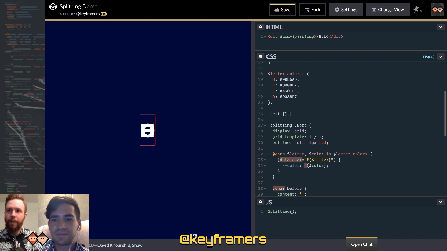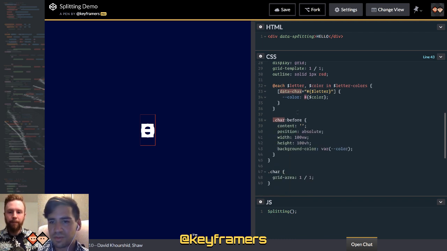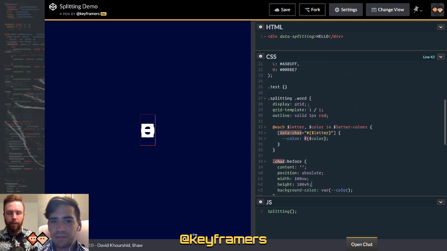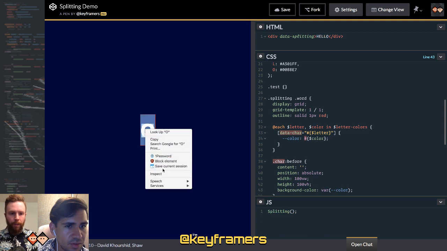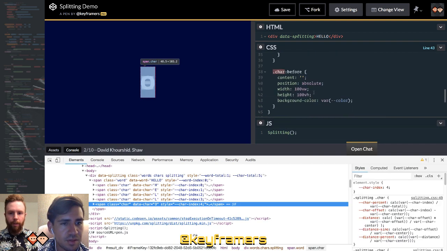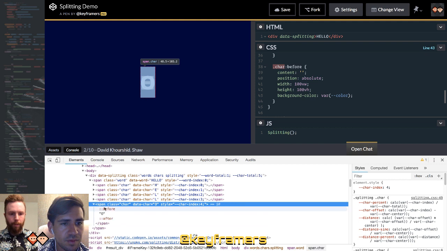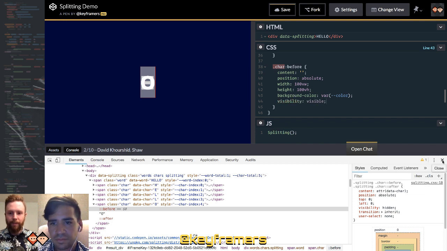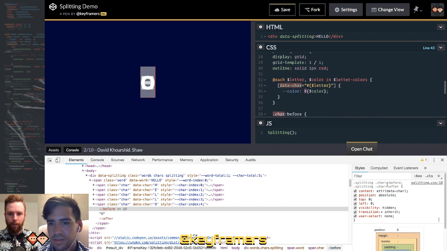Splitting does stuff. It does stuff? Yes, splitting does its own. It adds its own before rules. But I don't think that should affect it here. You're right. So splitting word char. I'm just not sure why it's. Oh, wait a minute. Yeah, you're coloring by background. So let's do before. Oh, sorry. Visibility, visible. Did that do it? Is there anything? Okay, let's see. Char.